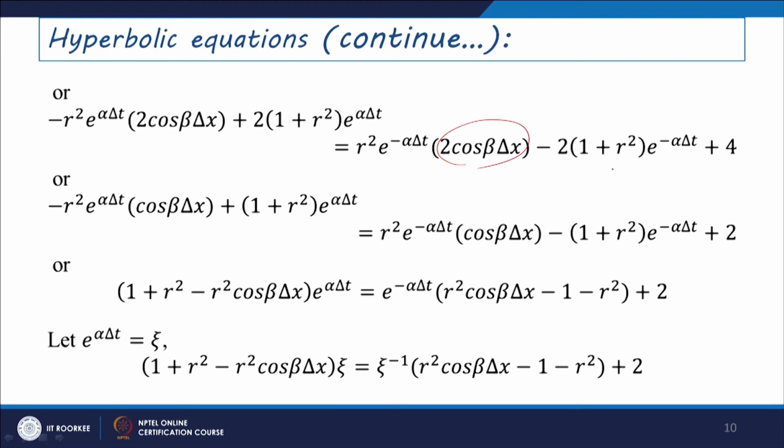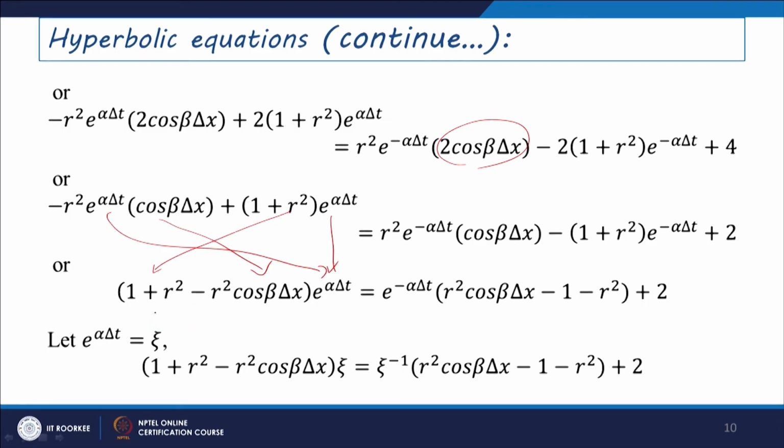And if you go for the further computation, 2 is common in each of these terms, so 2 can be taken out from both sides and cancelled. And if you write this equation in the final form, this is 1 plus r square minus r square cos beta delta x, e to the power alpha del t, equals e to the power minus alpha del t times r square cos beta delta x minus 1 minus r square plus 2. If you put e to the power alpha del t equal to zeta here,